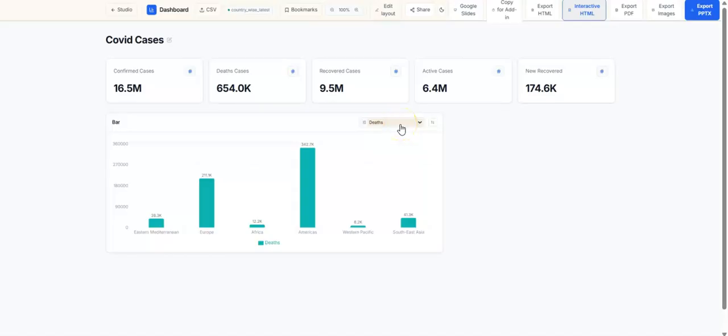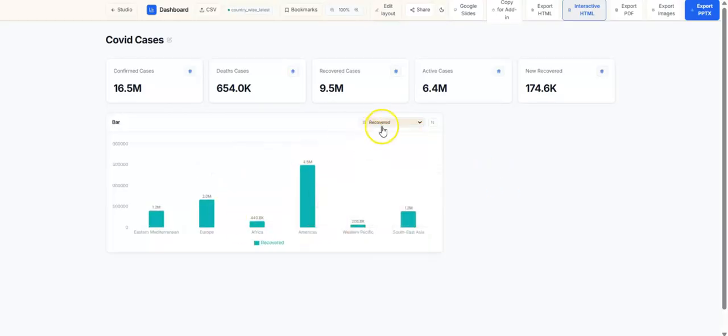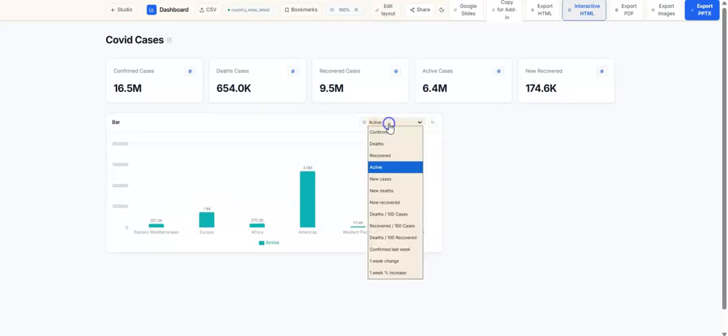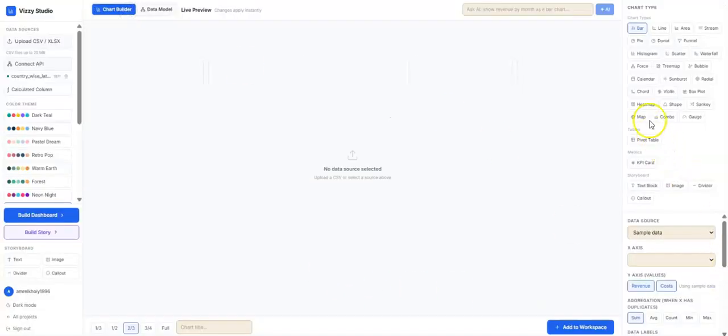For the depth, what we could do here, if you want to visualize more, just drill down to another use case. What you could do, just change it from this filter here, for the recovered, and then for the active. But for now, I'm gonna just keep it that way, because I'm gonna add these in another chart, in a different chart. Let's see if we could add an area,